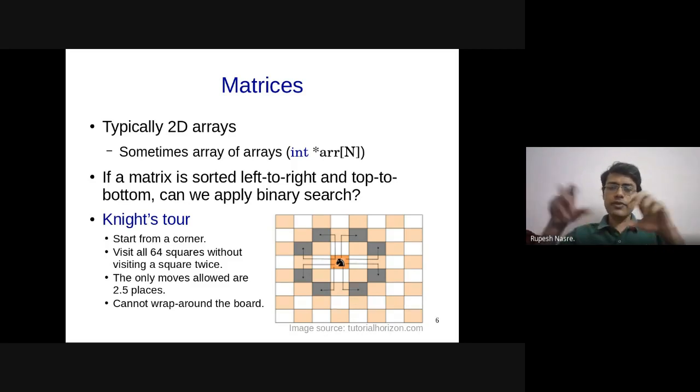But that backtracking is very time consuming. My recommendation is, once you have tried it for a few moves, try it out: can you do it without backtracking? Right? So in exactly 64 moves without backtracking, will you be able to do that? Again, the answer is yes. And I would like you to think about it. It's an interesting answer. And as you practice a little bit, you'll be able to.